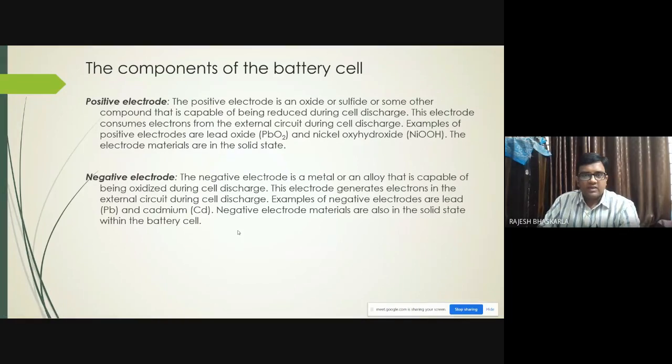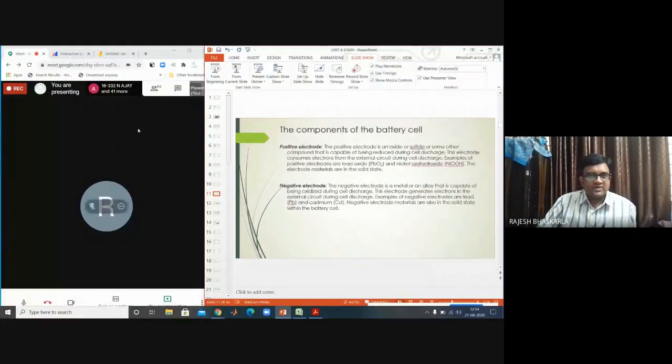Right. Now, if you remember yesterday's class, in a AA size battery, which we use in our remotes, toy cars and other applications, what was the positive electrode? I want anyone to answer. In yesterday's class, we discussed a AA battery, which is a single-use battery, a primary battery. Generally, you have to remember that single-use or one-time use batteries are called primary batteries, and rechargeable batteries are called secondary batteries. So in a AA size battery, can you tell me what is the positive electrode? Ajay.